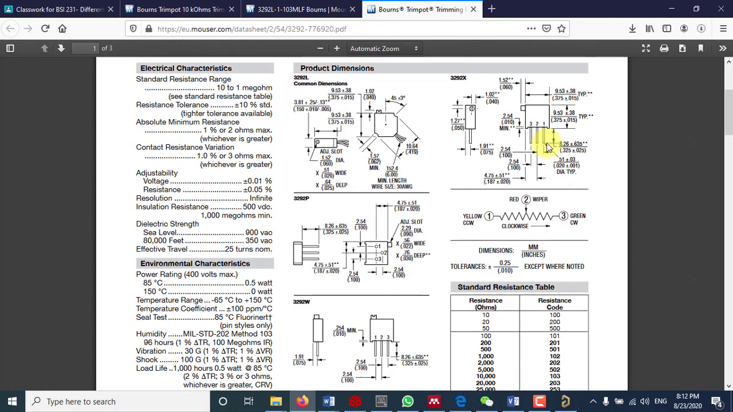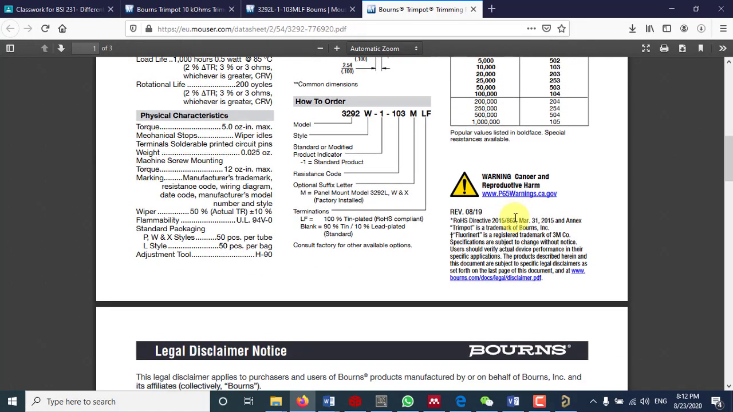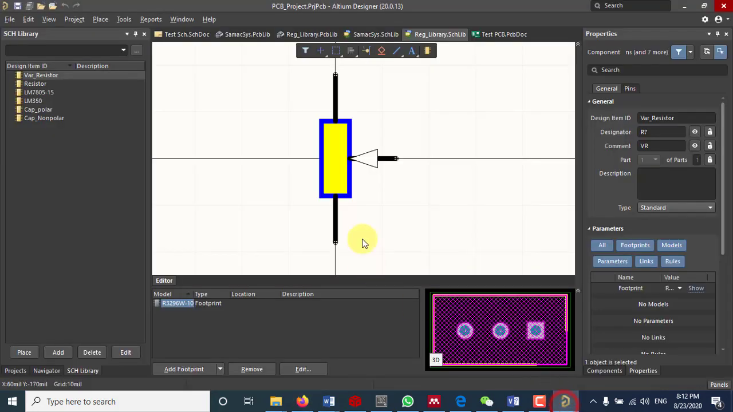The pin number 1 is designated as counterclockwise, and it's yellow. The green is labeled as clockwise, and you can use 2 1 or 2 3 to change it to achieve variable resistance, okay, by controlling this knob. So you can confirm from here. For example, let's confirm the distance between pin number 1 and pin number 2, that is 2.54 mm, and you